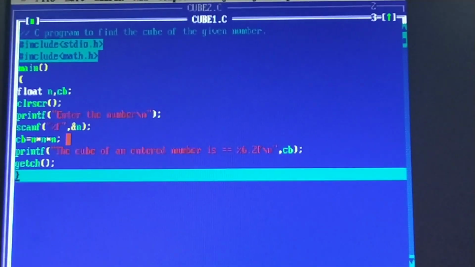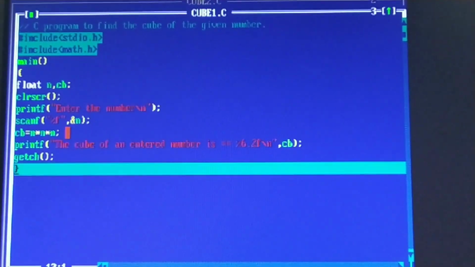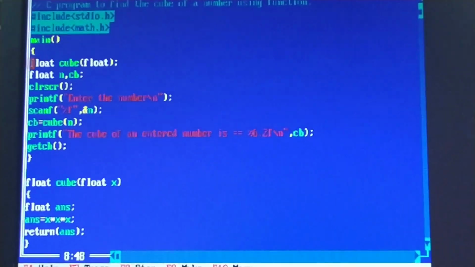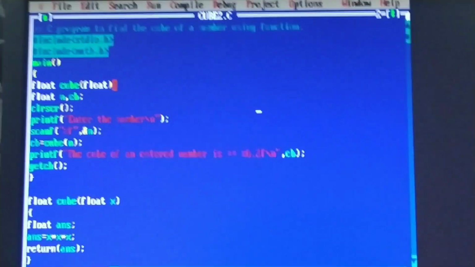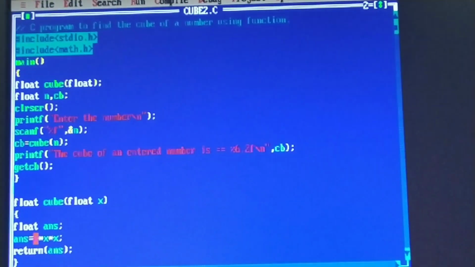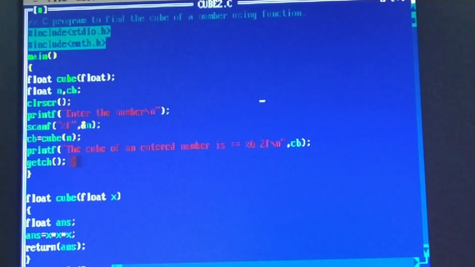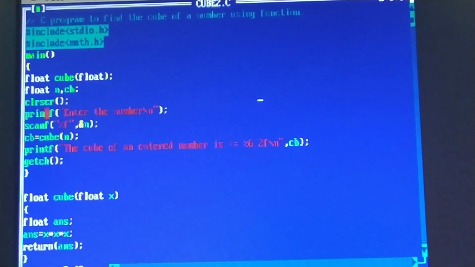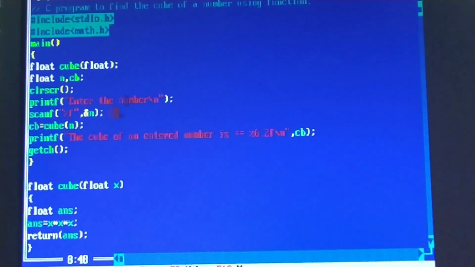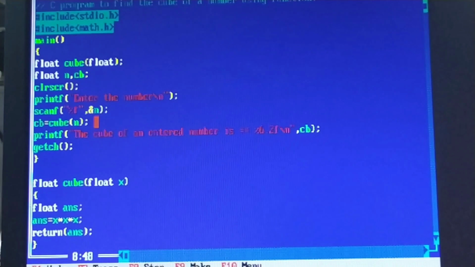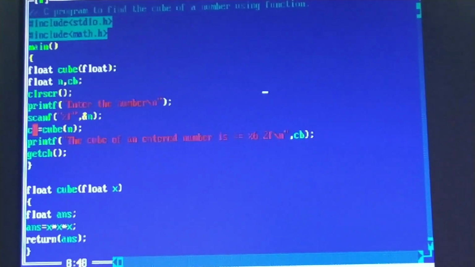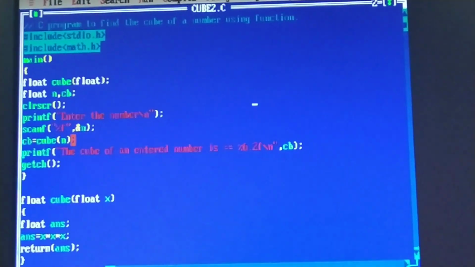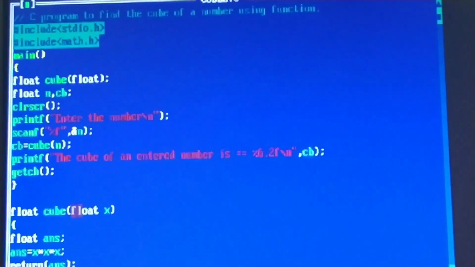Then the same program we will see using functions. Here it is. The one major difference is that we have declared one function name here, and through this function and this sub function we will find the cube. First comes the declaration of the function and the variables, and again similarly we ask for entering the number n. After entering the value n, the function will be called here, that is cube of n. When this statement is executed, the control will go to this sub function.